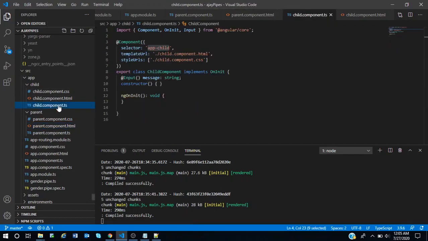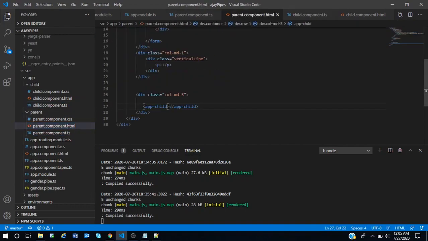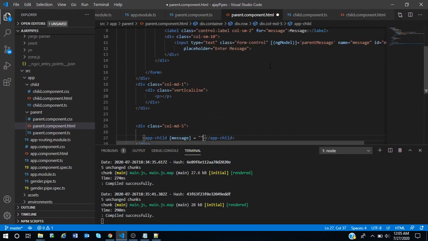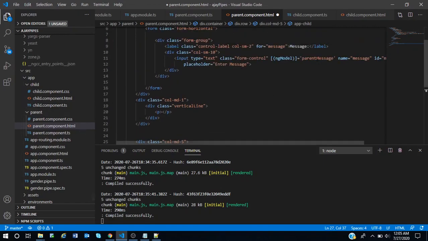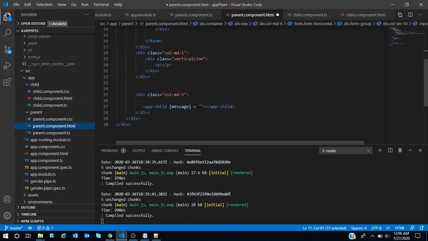Now go back to child.component.ts, copy this message string and come to parent.component.html and declare a property binding, and from our parent.component.ts file, copy our parentMessage and paste it in the double quotes.